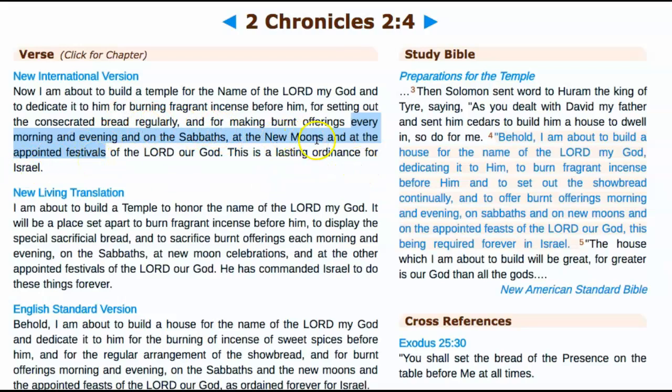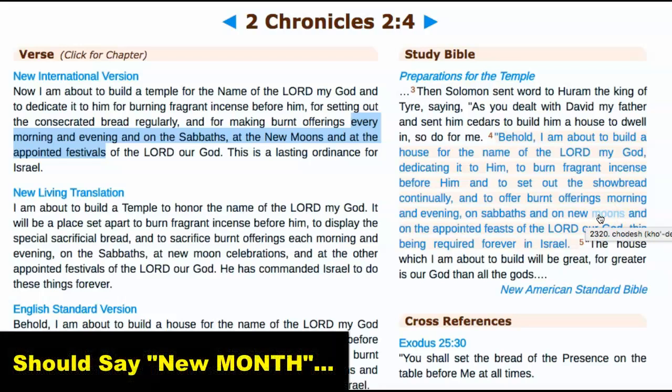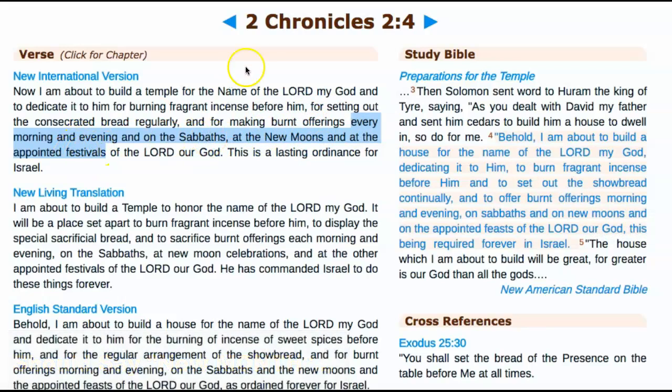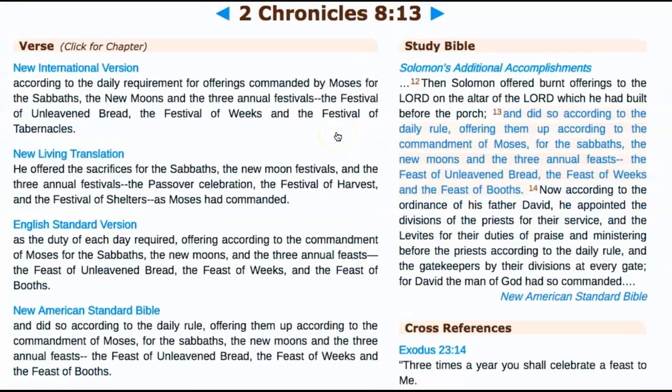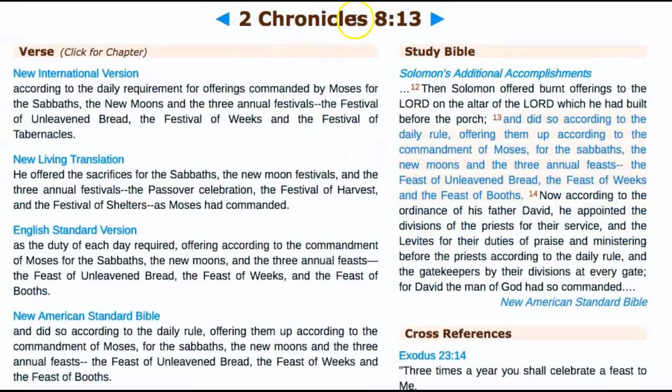Because when you look at new moon right here, let's look at the word moon. They use Strong's H2320 right here, which means month. So it should say new month. But notice how it has to do with new moons when it coincides with the Shabbats and the appointed festivals in 2 Chronicles 2:4. And this is not the only place, because we see it here too in 2 Chronicles